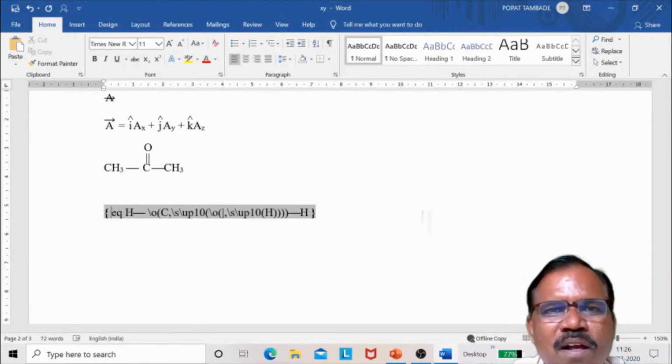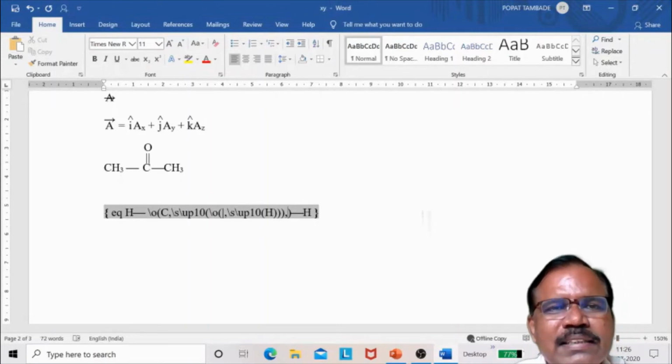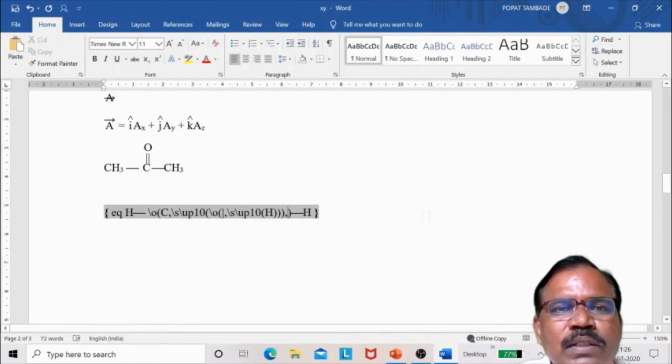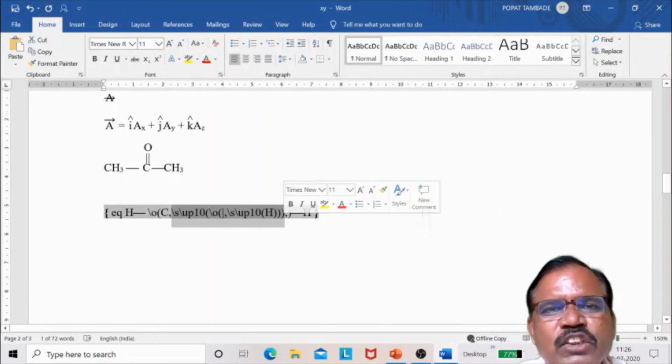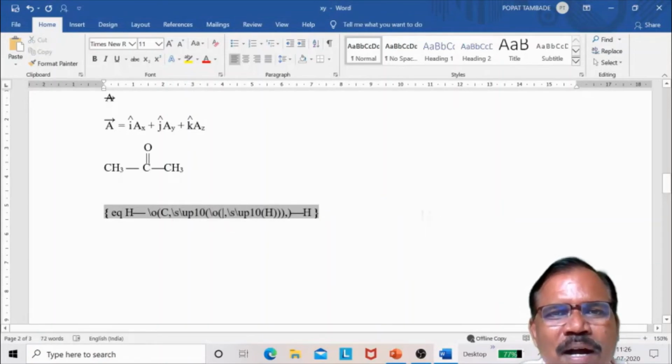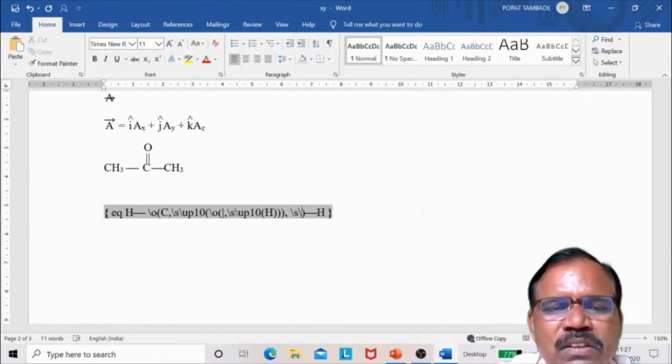Now here, I have to add the second one, but that is the lower one. So in the first backslash O, I have one backslash H after C. So here, if you see this part, it is for the upper one and H. Now give here a comma, and in the bracket take the same backslash S backslash DO.